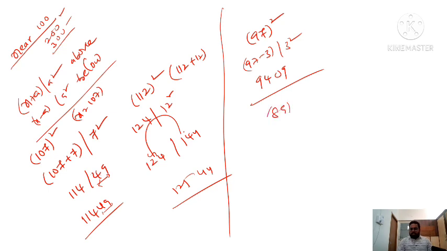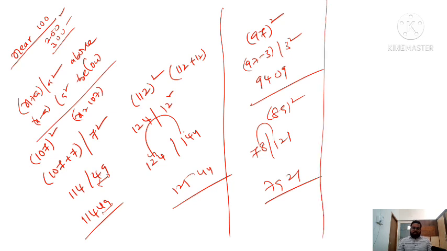In case 89 whole square. How much is below? 11 is below. 89 minus 11 is 78. 11 square is 121. 21 is written, and this 1 is added to this 78, making 79. 7921. If in case near 200, 300, all are the same.